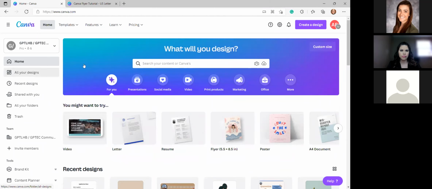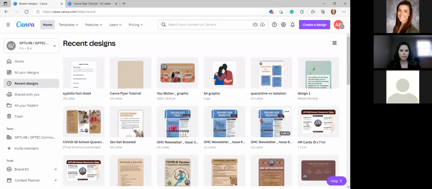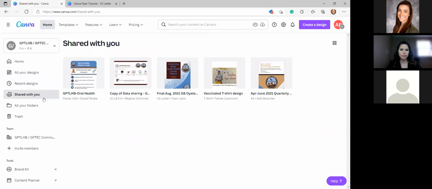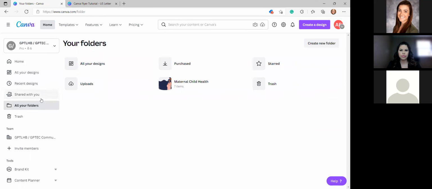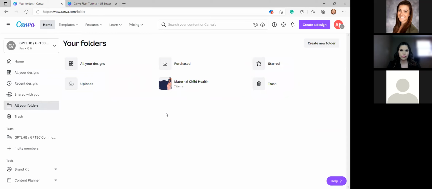This will bring you to all the different designs that you have. Then you would have recent designs, things you may be working on, and shared with you. With Canva, you can have teams, or you can just work on other things, and that's where shared with you would be. So maybe other projects that I've helped other team members on, or different people in the health board,